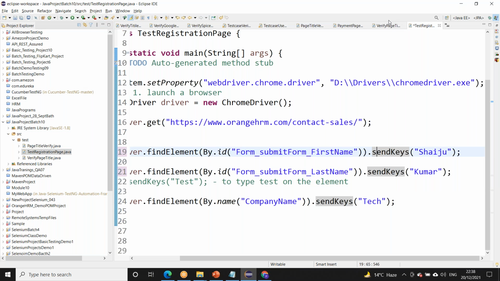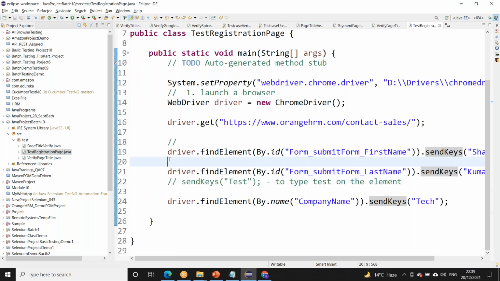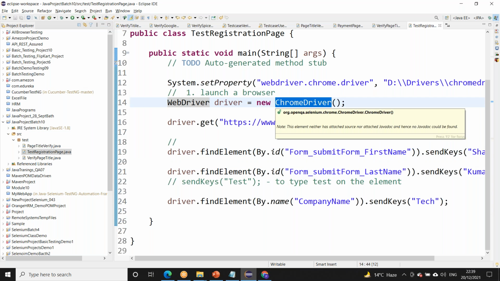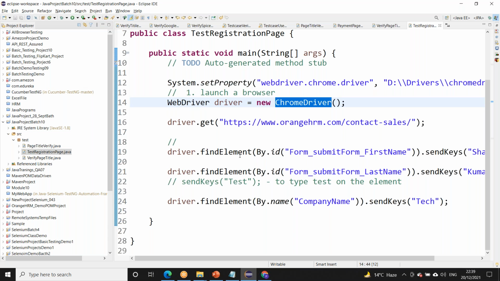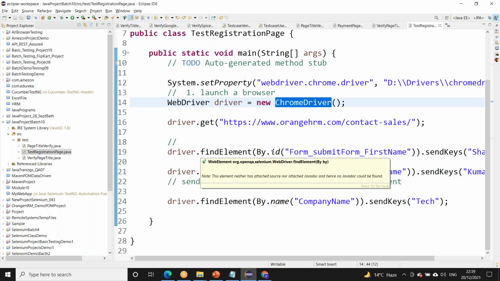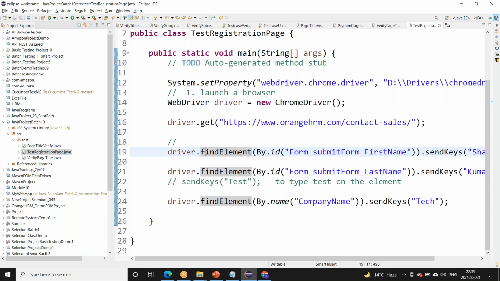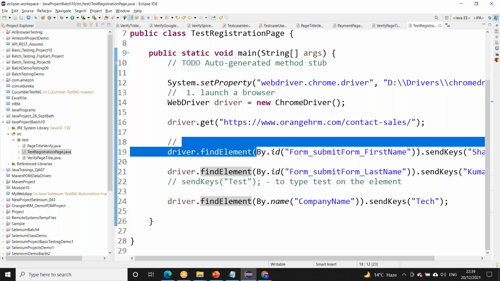So now I will run it. Rajni, how to explain this line? Driver is the class in which find element is the method, in which by is the class and id is the method. Driver is an object of WebDriver, and the reference is the ChromeDriver class. In this we have a find element method. We are using the find element method to locate an element, and the parameter to this is a locator.